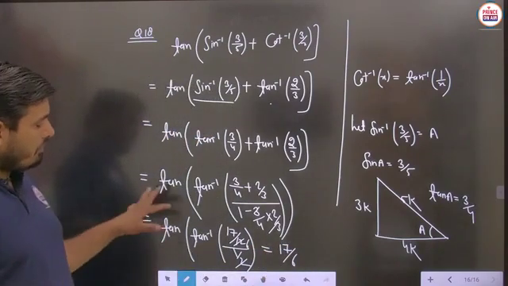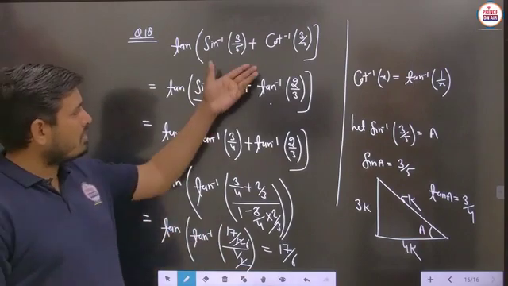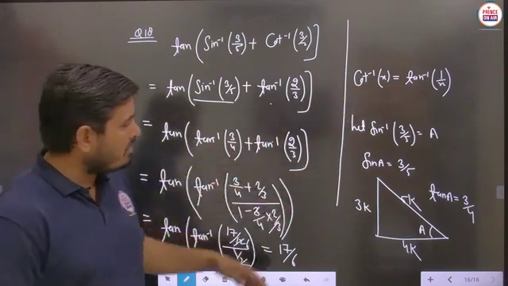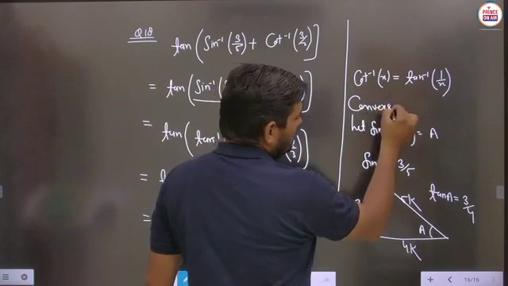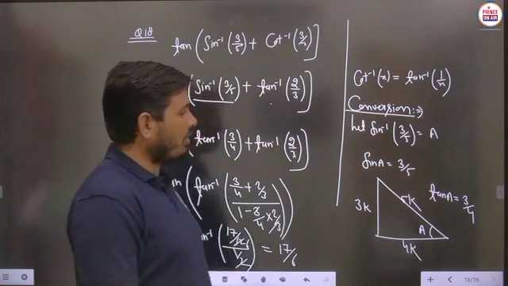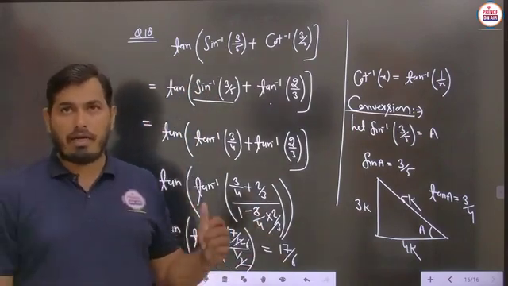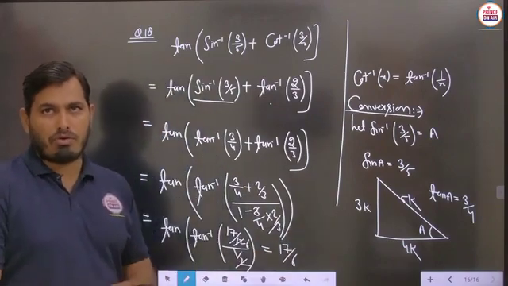So finally we will get the answer here, no problem, but before that we required this particular property as well as this conversion process. This is the conversion. Is it clear? So these types of conversions are basically used in any question of ITF. We just have to see these things carefully, and according to that we have to do these types of conversions also. Is it clear?